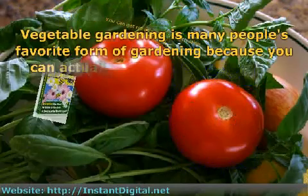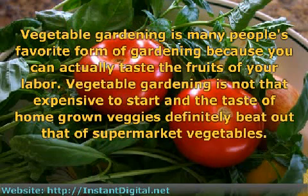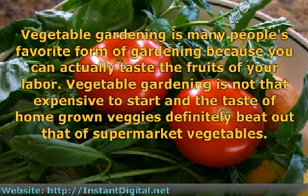Vegetable gardening is many people's favorite form of gardening, because you can actually taste the fruits of your labor. Vegetable gardening is not that expensive to start, and the taste of homegrown veggies definitely beats out that of supermarket vegetables. Your vegetable gardening days will be full of produce if you take the proper precautions when planting and continue